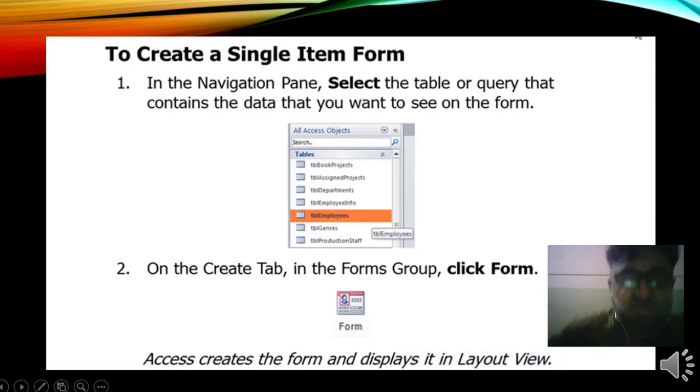So to revise, you can recall that to create a single item form, number one, in the navigation pane, select the table or query that contains the data that you want to see on the form. Number two, on the create tab in the form group, click form. In this way you can create a single item form.